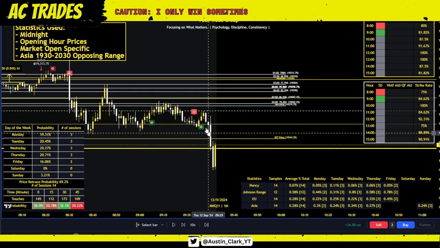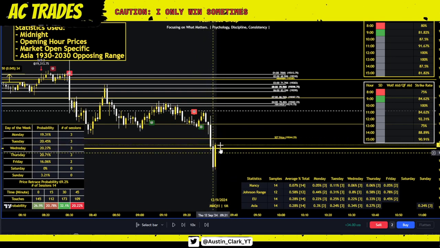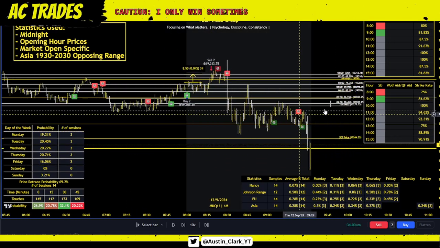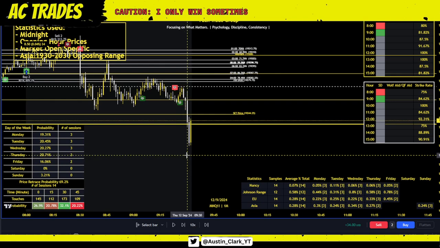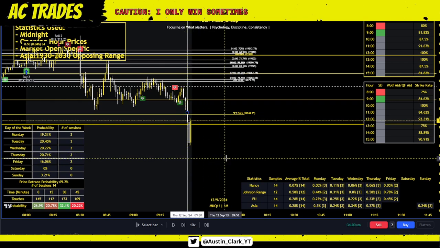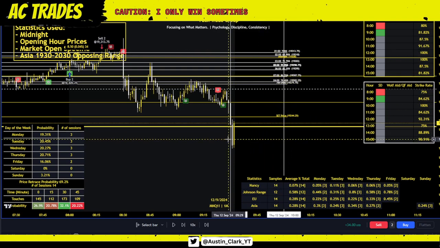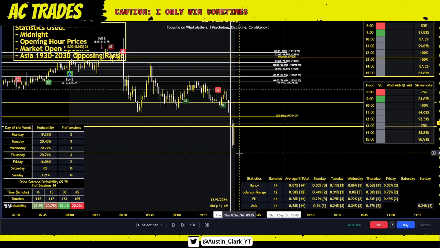And so the highest probability trade to happen was, and we were streaming this live in the pack, I wanted to see Asia low get taken out, in which we did. We took out the 1930 to 2030 statistic, and now the rest of the data is above because guess what happens at market open? Market open, once again, 9:30 to 10. We're coming back to as many opening hours as possible from market open to 10 o'clock, and we have bullish statistical direction for the hour of 9. Now we have everything on our side.